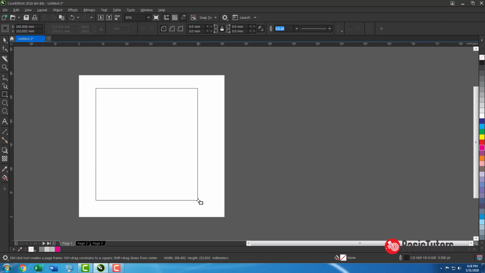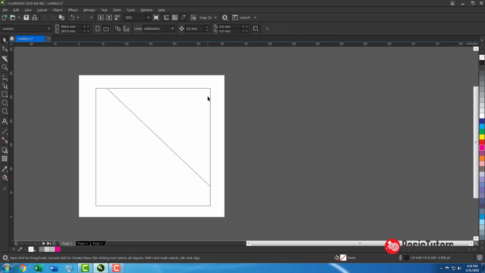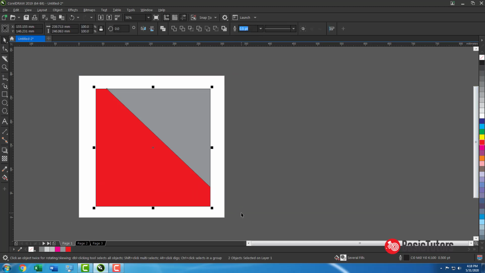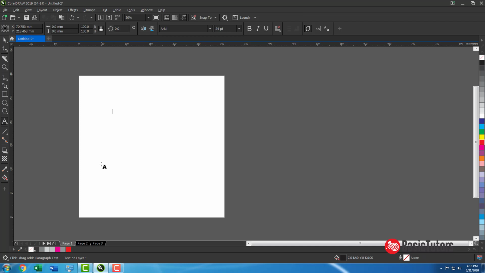The next tool is the knife tool. The knife tool is used for cutting an object into two parts. So you click the tool and drag it over here, and this will be divided into two parts. Okay, this is the use of a knife tool. You can even do the same with our text tool.